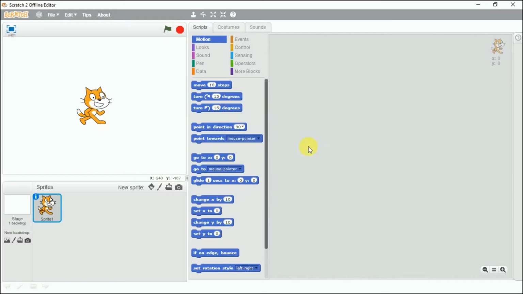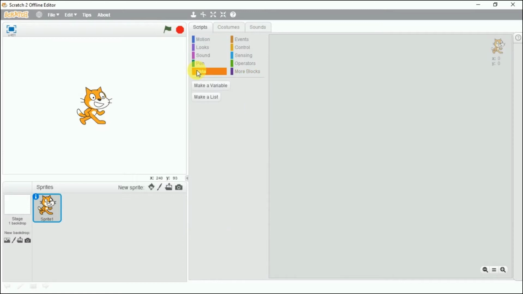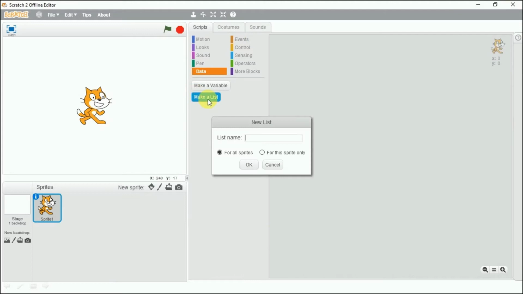So this is our Scratch interface, and this is our fifth block, that is the data block. In this class we will learn how to create a list. The moment we click on this button, we will see this dialog box.